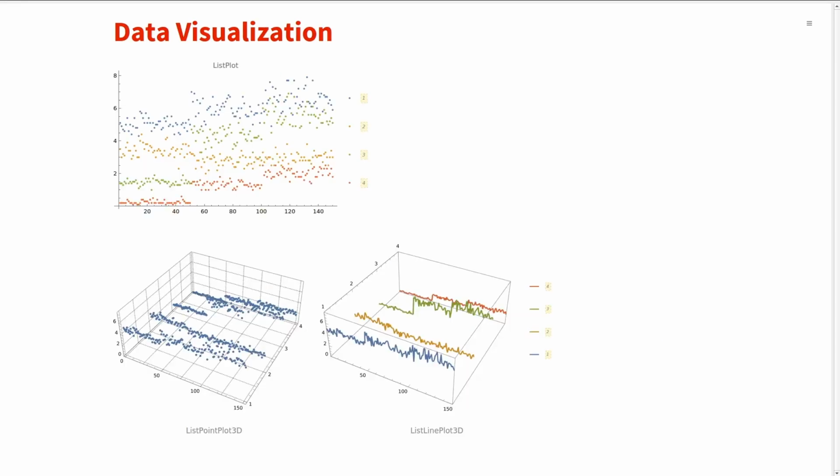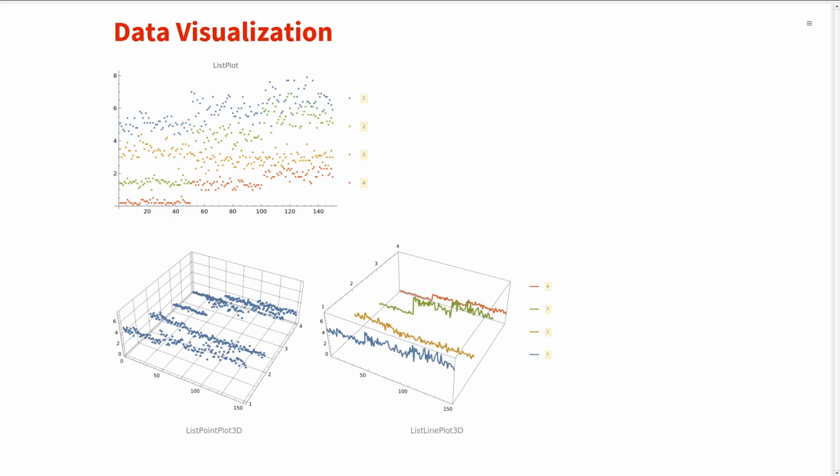Now let's look at this dataset using some existing plotting functions and see what we can learn. I'll be dividing this into 2 broad categories. Those plots that give us information about what the data values are, and those that give us information about how the data are distributed. So first, let's plot the dataset using 3 list plots: ListPlot, ListPointPlot3D,